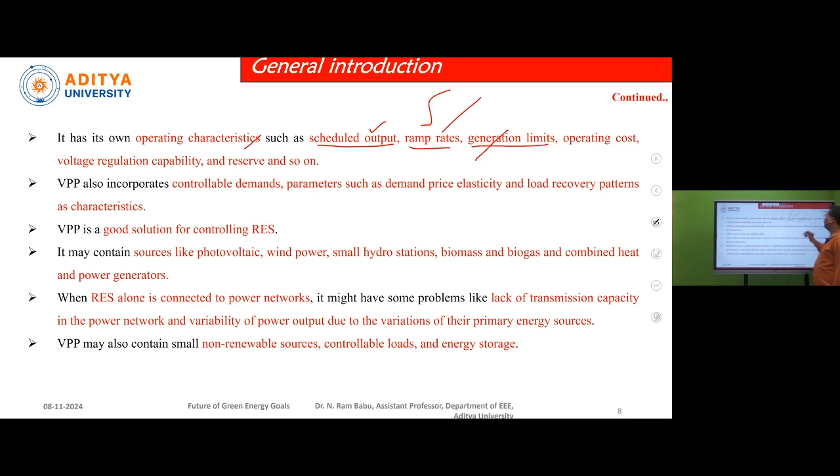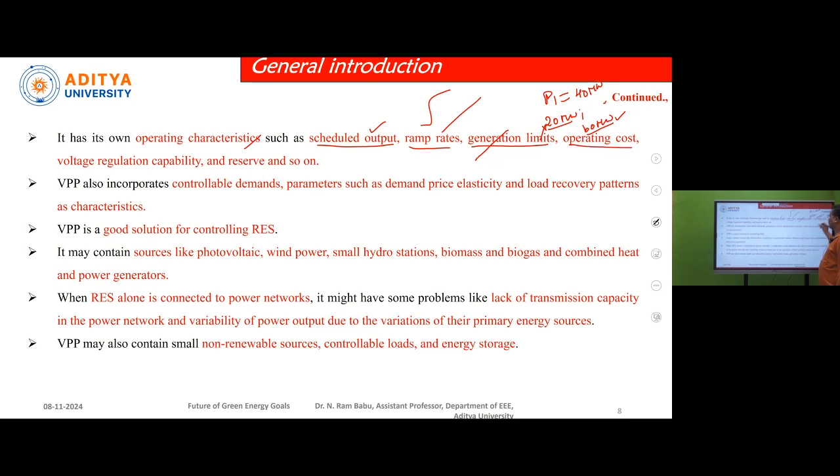And also the generation limits. That means the amount of power being generated by the generating stations will be under certain conditions. Let us take a power plant P1 that is generating a power of around 40 megawatts. For this generating station, the minimum is 20 megawatts and the maximum is around 60 megawatts. That means this is the minimum limit and this is the maximum limit. Our VPP gives instructions in such a way that we get the maximum amount of energy with fewer losses, so that it cannot go below 20 megawatts or above 60 megawatts.